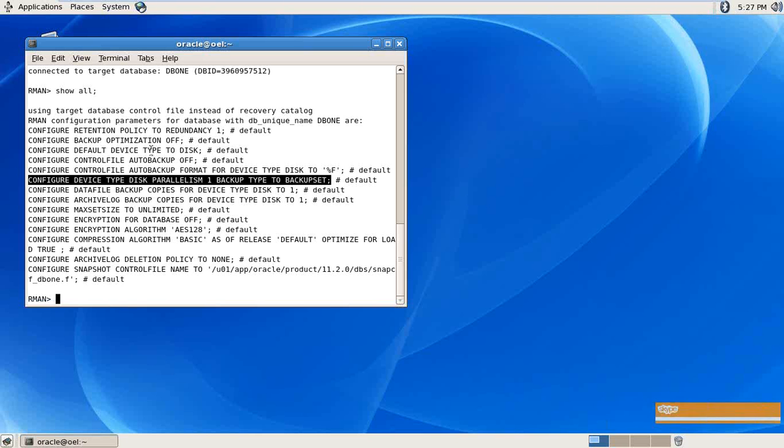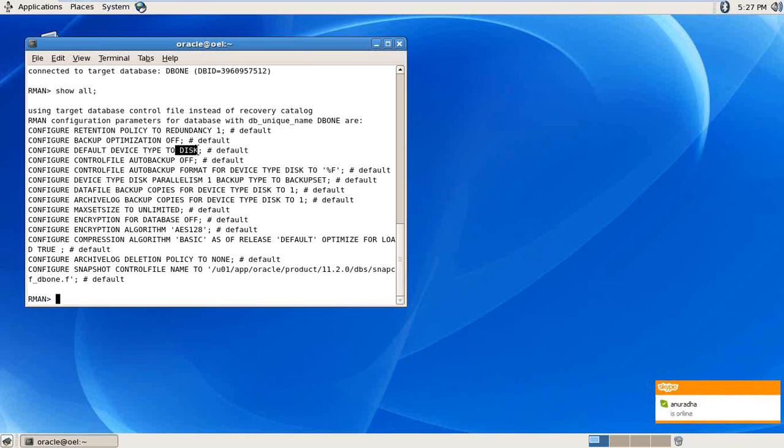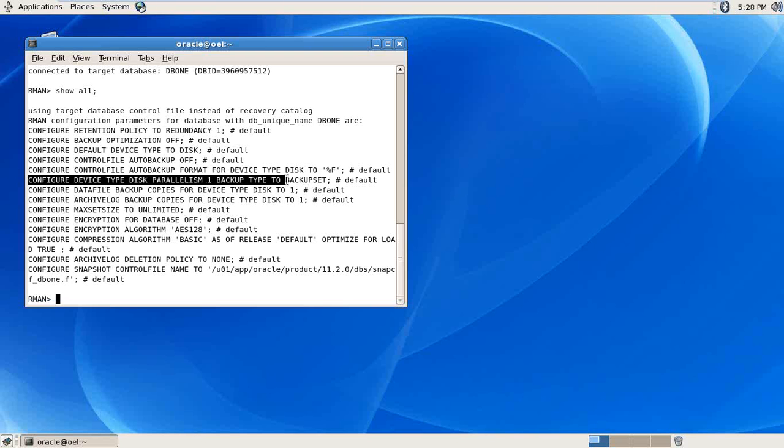Okay, and can you see here what kind of backup you have to take? Disk level backup. Okay, I get that. Did you take this thing? Autobackup on, you have to make it. And when you're making a control file backup, in which location are you going to put it? In this location. Is it clear? And this is how you take the disk level backup. Can you see here? Disk parallelism 1 to backup set. If you want to take the backup, you're going to take it as backup set pieces. So how you're going to take it means,